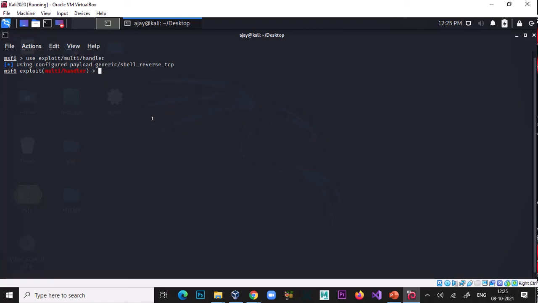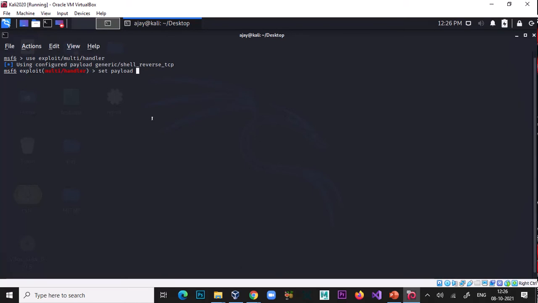Now you have to set the payload for Android.